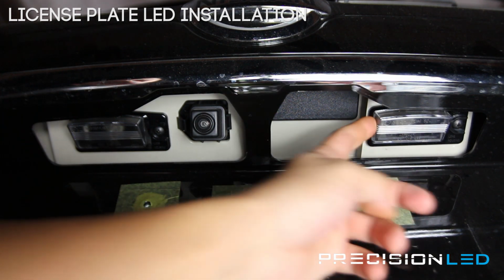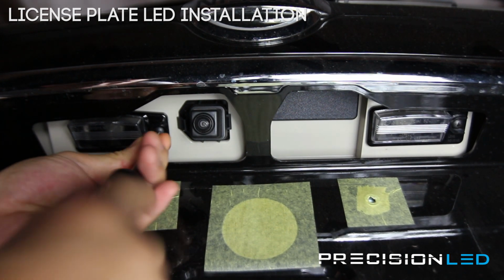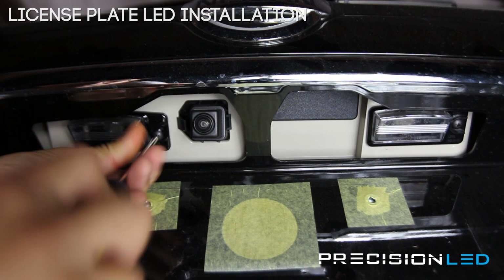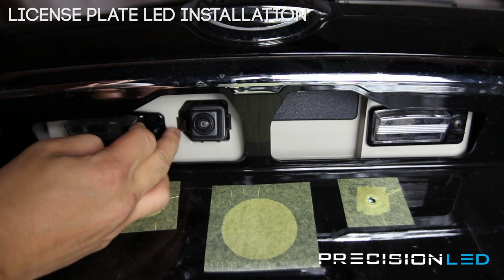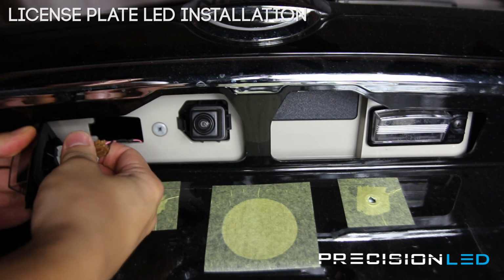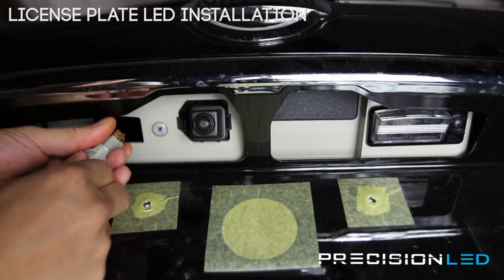And now you can see our license plate lights. You're gonna use the Phillips head screwdriver. We'll unscrew this side here. That one comes out. Now you can pull this out. This just twists to unlock and reveals the bulb. Pull this one out with your fingers,